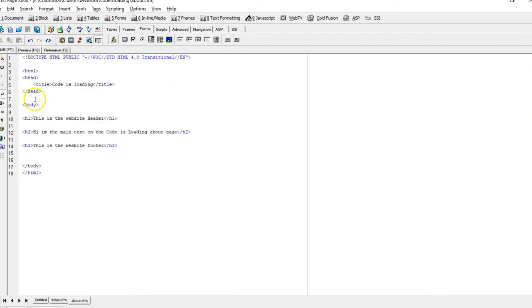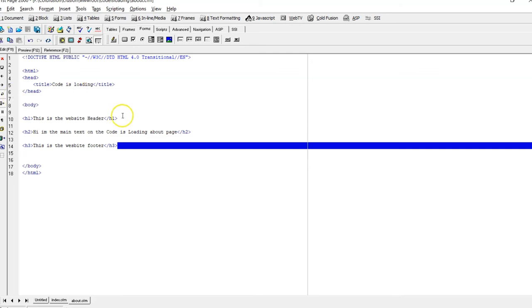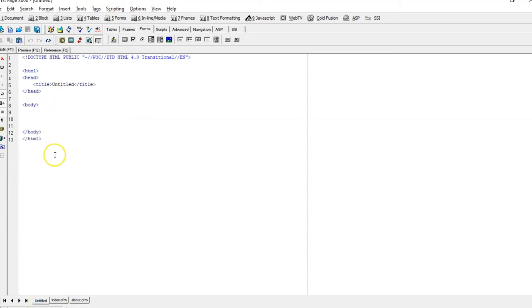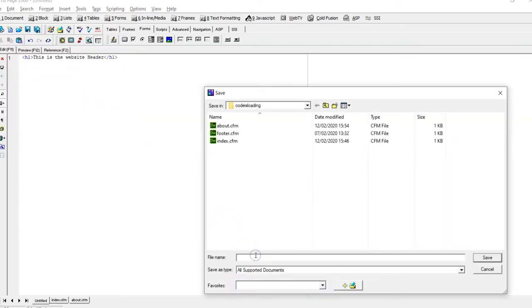Here we go. So I've got three H tags, the heading tags, which we've introduced before in the other tutorials. What I want is for every single page of the website to have the header, and every single page to have a footer. So really what we need to do is take that and create a new page. You don't need any more HTML because it's just going to be included, and I'm just going to save that in the folder